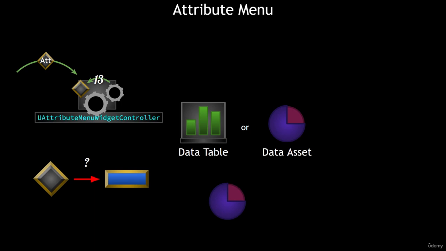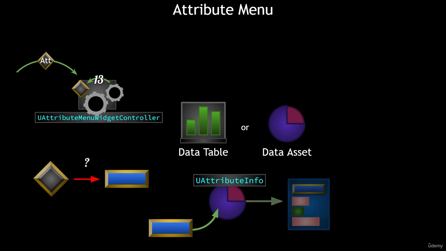Data assets are nice because they can look things up not only by name, but by anything we'd like, such as a gameplay tag. So we can make a data asset class, call it UAttributeInfo, and we can program the capability of this attribute info data asset to receive a gameplay tag and return a struct that contains all the information associated with that